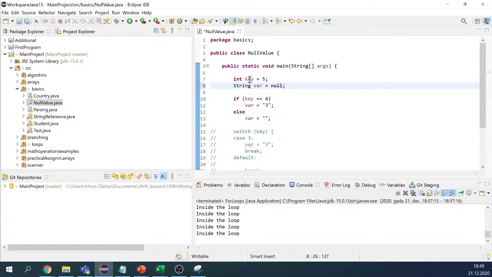If we just initialize the string with null, that should be fine as well. If you initialize it with an empty value, that's also fine, because this is just the value. If you change the value of the string, this will actually use a new object. We'll talk about strings and about objects, but remember I mentioned sometimes that